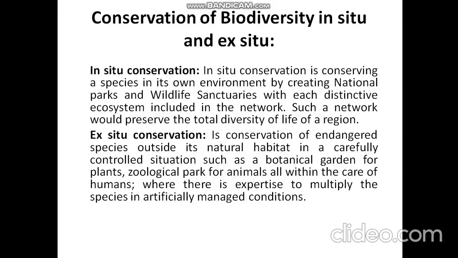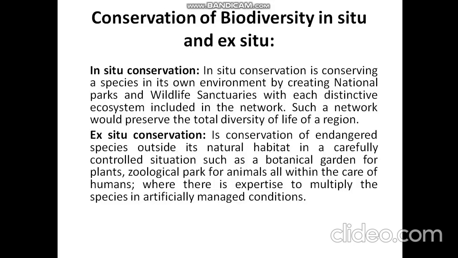In situ conservation is conserving a species in its own environment by creating national parks and wildlife sanctuaries, with each distinctive ecosystem included in the network. Such a network would preserve the total diversity of life of a region. So, in situ conservation means conserving animals and plants in their own environment, whereas ex situ conservation is conservation of